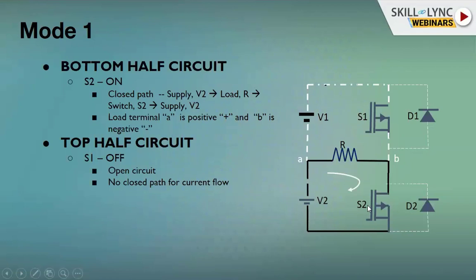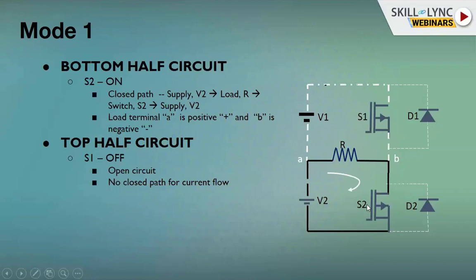So I have taken out mode 1 as S2 working. The darker lines here show that the circuit is closed. Here in this particular mode 1, S2 is given the pulse. As you all know, when you give a switching pulse to S2, the switch will turn on. Until you give the trigger signal to the switches, these two switches will not turn on. So we are providing a pulse to the switch S2.